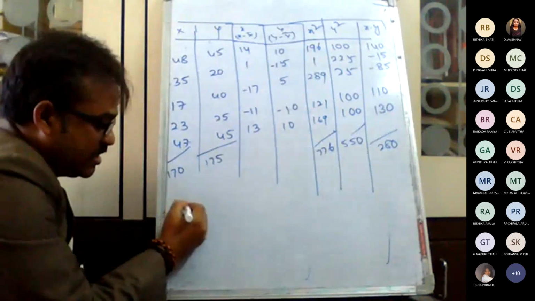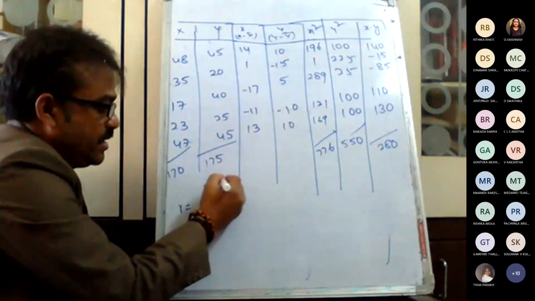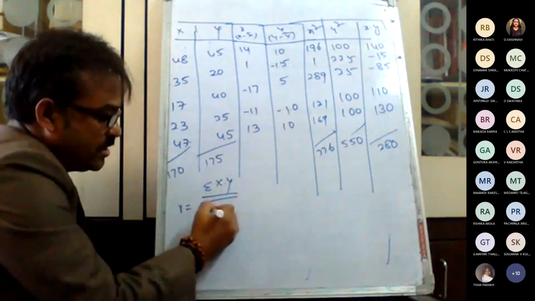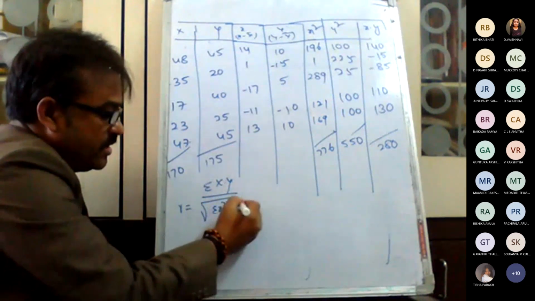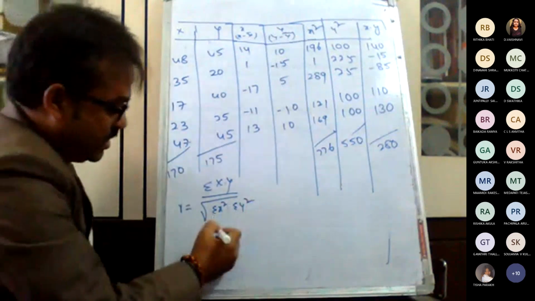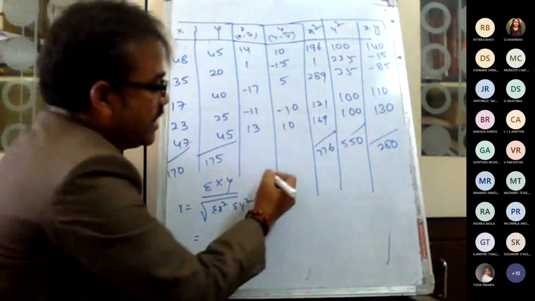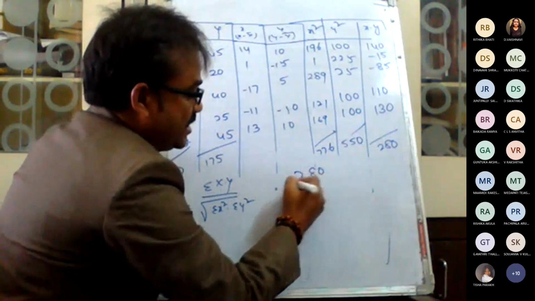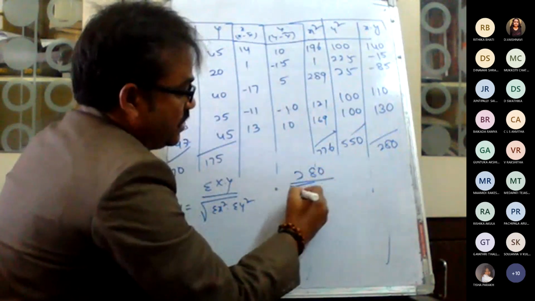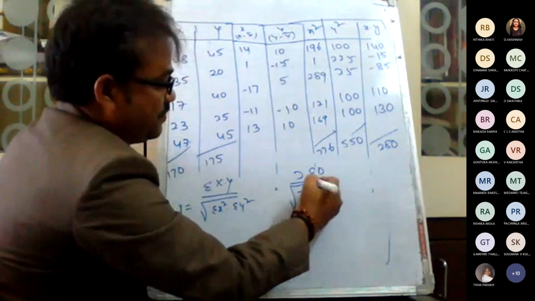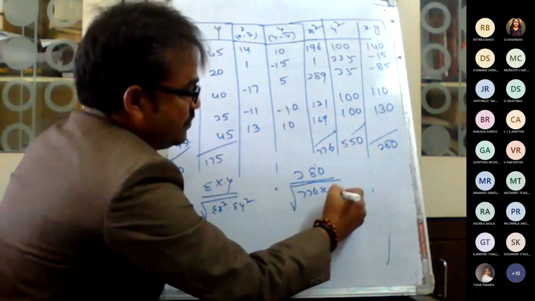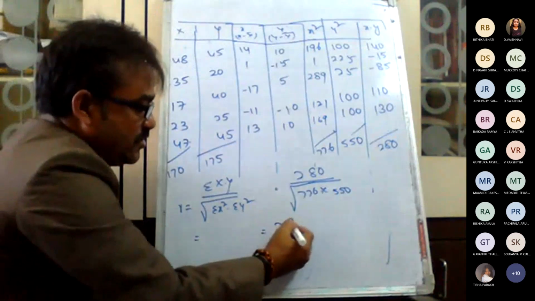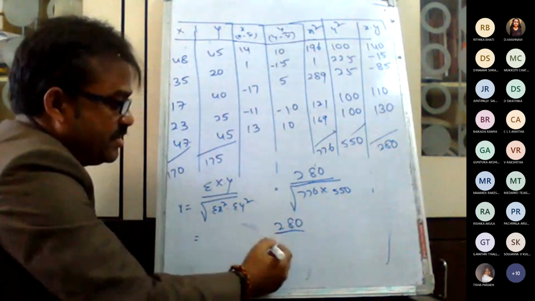Okay, correlation is equal to sigma xy divided by root of sigma x square into sigma y square, which is equal to 280 divided by root of 776 into 550. So 280 divided by root